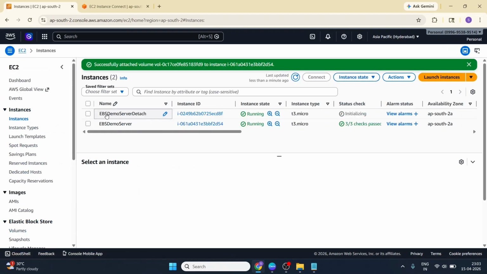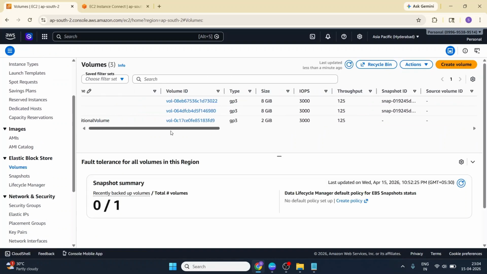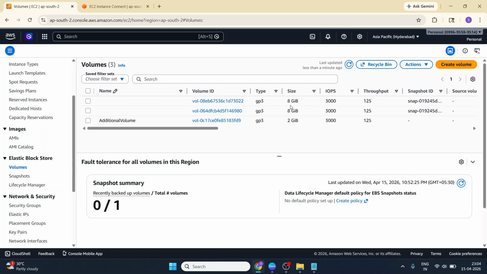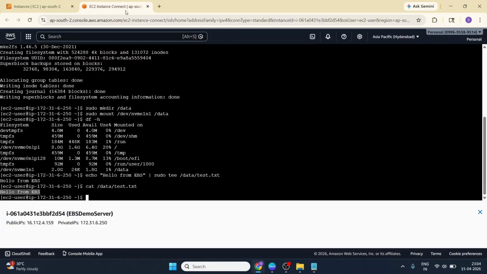If you see, the new instance has been created, and under volumes you can now see 3 volumes. 2 are created via EC2 and 1 is our additional volume. If you see the resources, this EBS demo server is the one we have attached to now. So we are going to detach from this EBS demo server and attach to the EBS demo server detach instance. Before detaching the volume from the instance,